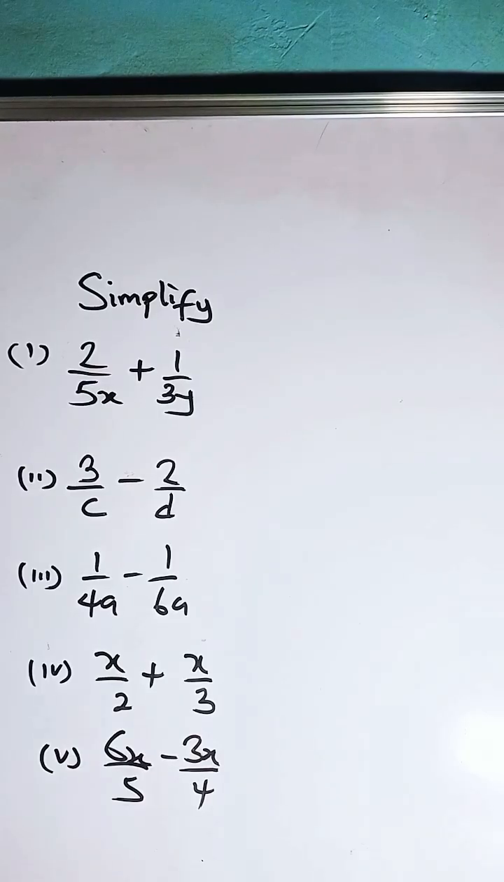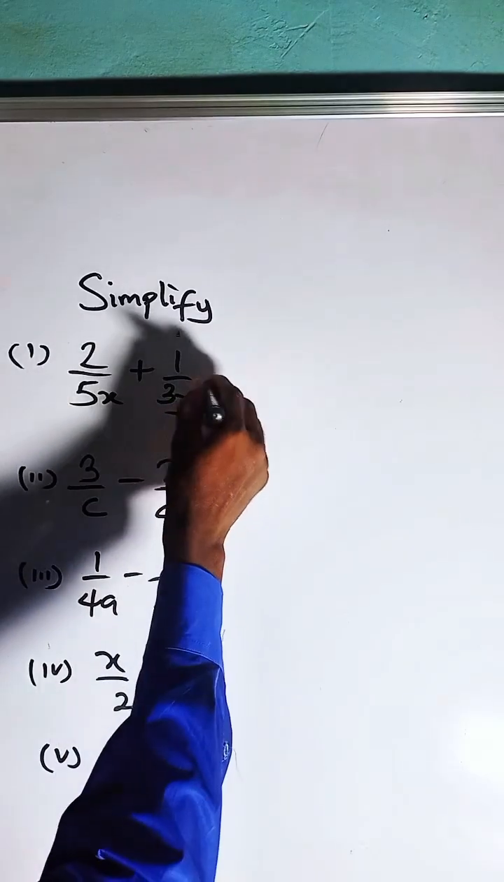The question says we should simplify this set of algebraic fractions. How do we simplify this solution? Okay,